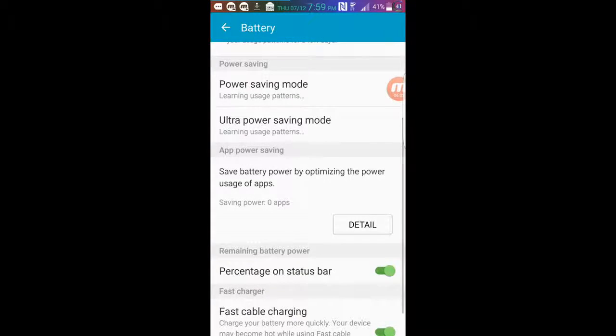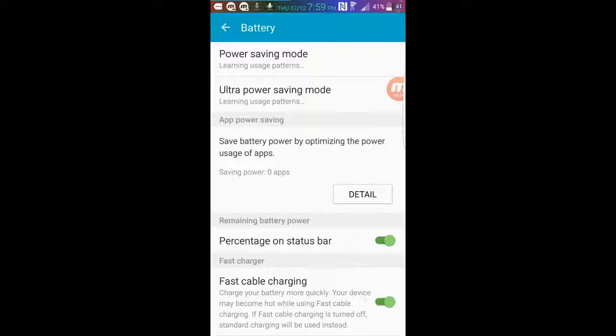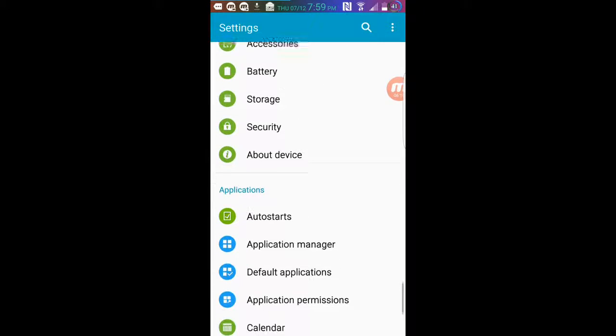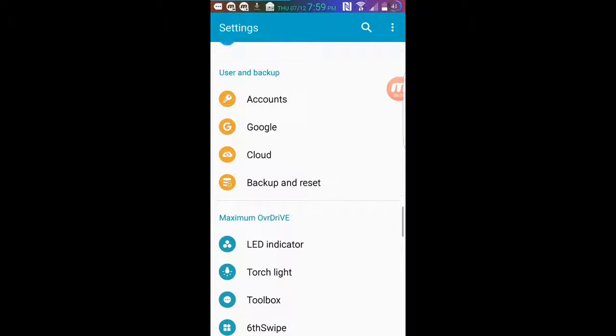Okay, let's go to the battery. You have fast cable charging, enabled percentage. This, so you can disable too many icons, so I disable. So battery icon is gone, percentage. And now